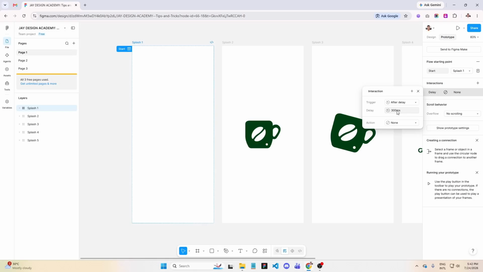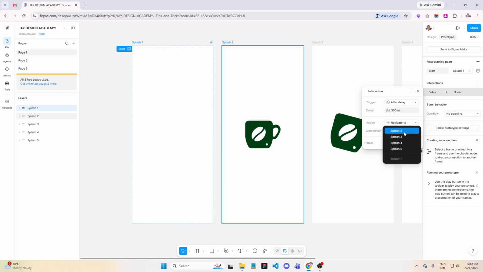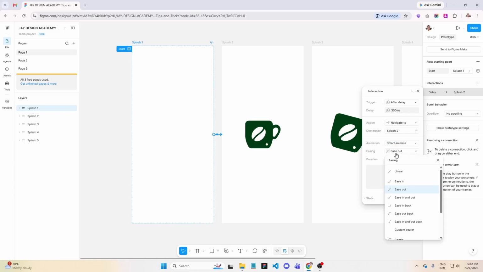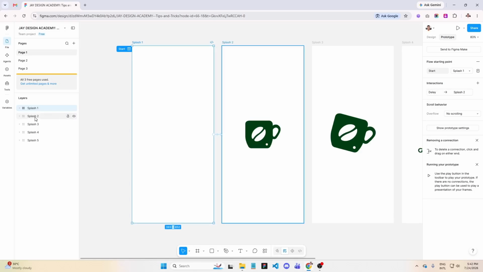The action would be navigate to the destination of splash 2. Smart animate would be selected for animation, and easing would be ease in out back, with a duration of 1300. And that works right here on the splash 1. Then next here, I'm going to select the splash 2